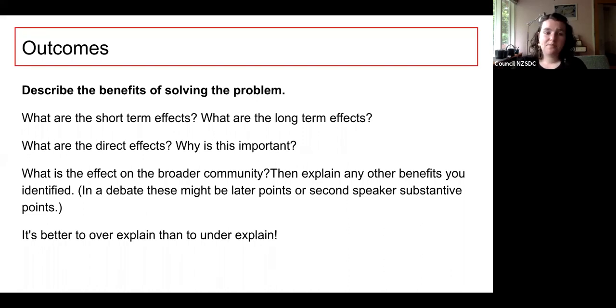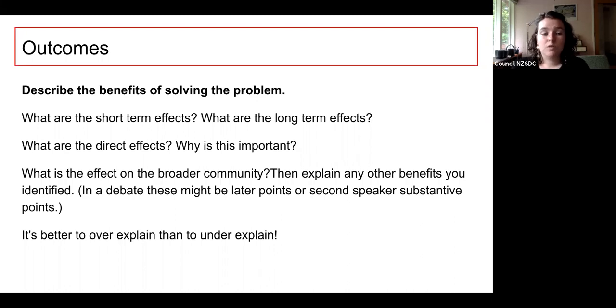That's short-term versus long-term effects, direct versus indirect effects. So maybe a direct effect would be that more people have a connection to Te Ao Māori and to an understanding of tikanga, and that's enriching to a lot of people's lives and makes their lives better. And an indirect impact might be that there's less stigma around Māori speaking in Te Reo because everybody in New Zealand speaks Te Reo and there's not that kind of stigmatization.